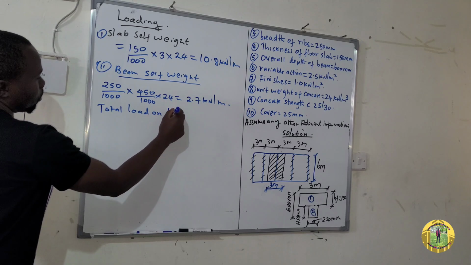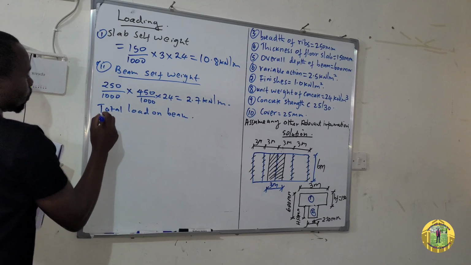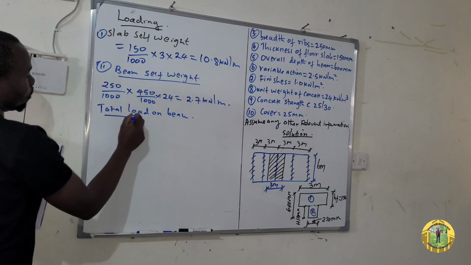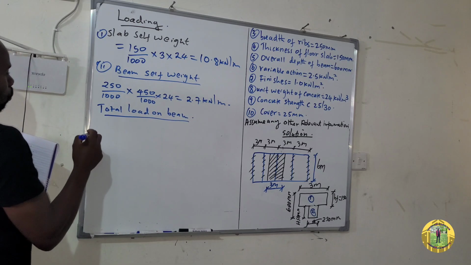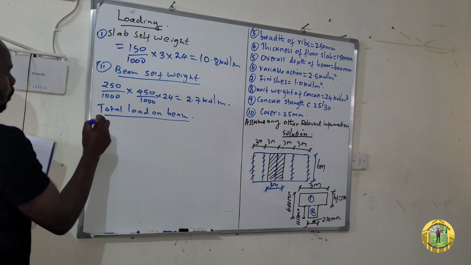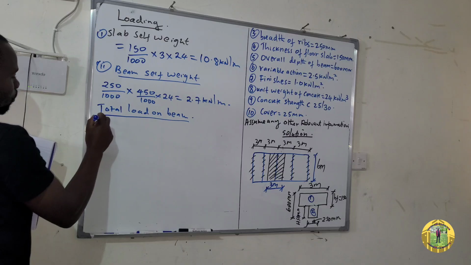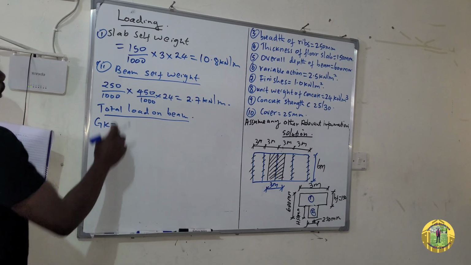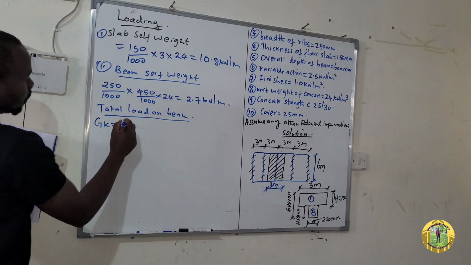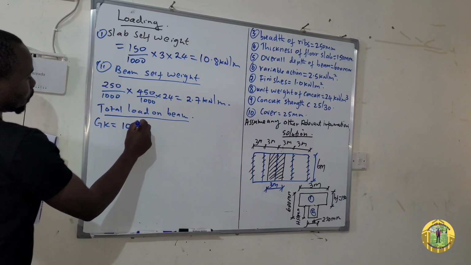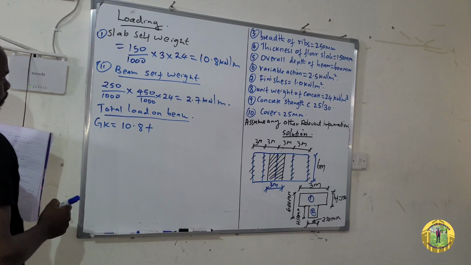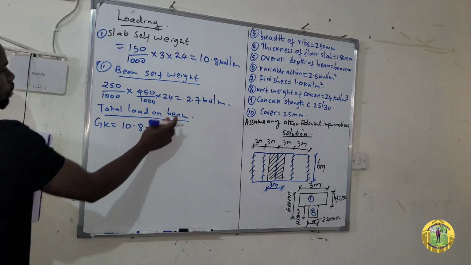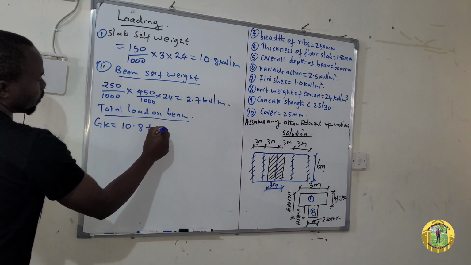On beam. So total load on beam, we start with the permanent action, which is GK. GK will be the slab self-weight, which is 10.8, plus the beam itself, 2.7,